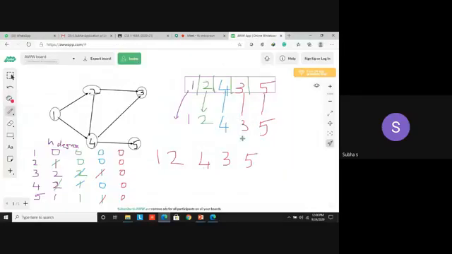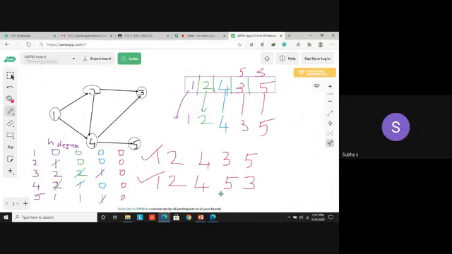Yes, there is other way also. There is another answer for this topological sorting, because 3 and 5 are what? Having in degree 0. As told earlier, I can put 5 as the first element. I can put 3 as the next element. So what will be the sorting now? 1, 2, 4, 5 and then 3. Yes, so both are right. These two are the topological sorting for this given graph.